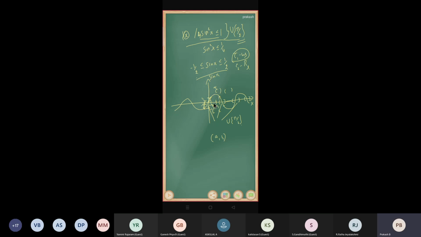Here also there is an open interval. It is a union of open intervals, right? So here the open interval is an open set, and a union of open sets is open, right? So its complement is open. Therefore, it is a closed one, right? So the set is closed in tau 1, that is in the usual topology. Now we want to check whether it is closed or not in the lower limit topology, right?